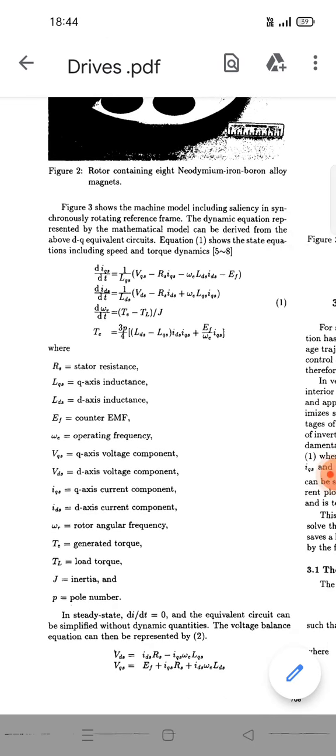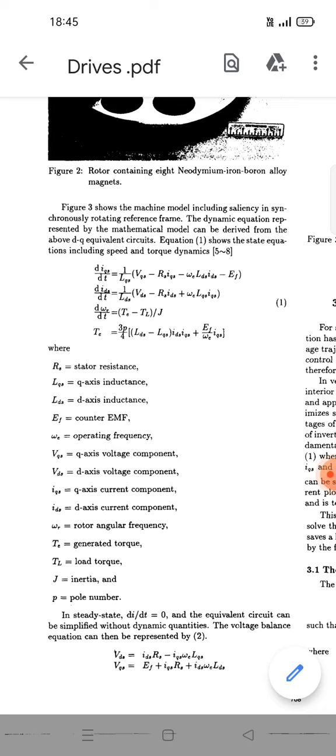The dynamic equations represented by the mathematical model can be derived from the DQ equivalent circuits, which show the state equations including speed and torque dynamics. diq/dt = 1/Lq (Vqs - Rs Iqs - We Ld Ids - Ef), and dWr/dt = (Te - TL)/J, with Te = 3/2 (P/2)(Ld - Lq) Ids + Ef/W) Iqs, where Rs is stator resistance, Lq is Q axis inductance, Ld is D axis inductance, Ef is counter EMF, and We is the operating frequency,